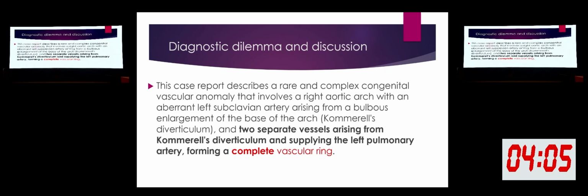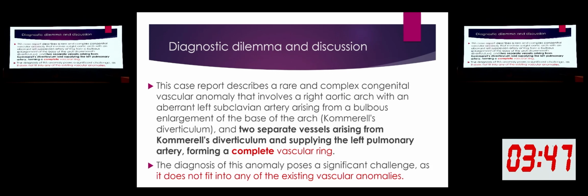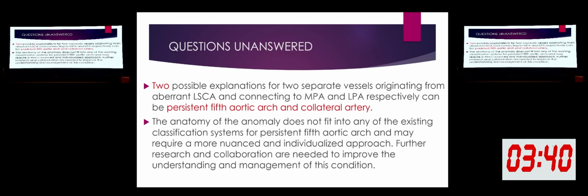So there was a discussion. We know this is a complete vascular ring. Now what could be the embryological basis of two separate PDAs on the same side? Either it could be a dorsal collateral artery, or it could be a persistent fifth arch derivative, which we call the great mimicker. Those were the two possibilities discussed, because it doesn't fit into the definition of any of the existing vascular anomalies. So again, for the fifth aortic arch, we can consider that the fourth aortic arch derivative is the subclavian artery,